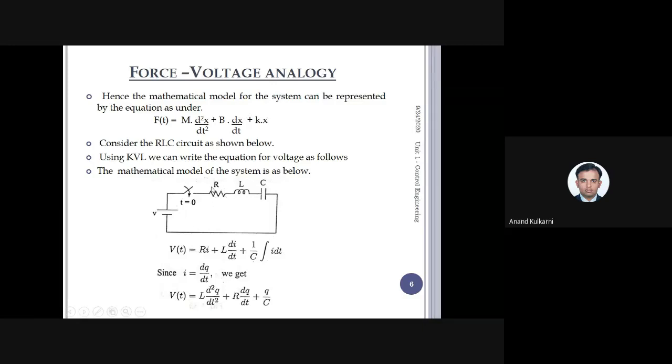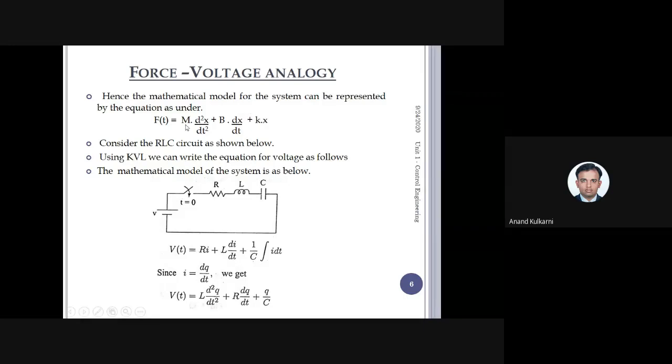Now here what I do is I get V is nothing but R into I, because I know this, because voltage is nothing but current into resistor. Similarly, in terms of inductance, I know this equation. Similarly, in terms of capacitance, I know this equation. But this equation, which is in terms of voltage, cannot be compared with this, because they are not in a similar form.